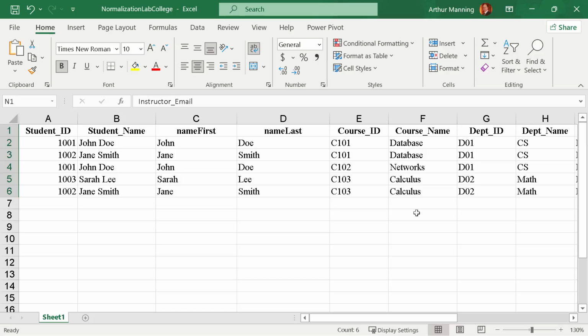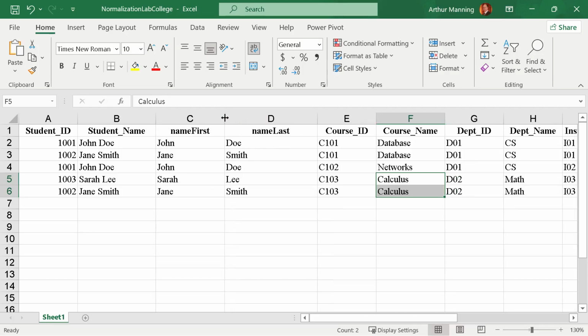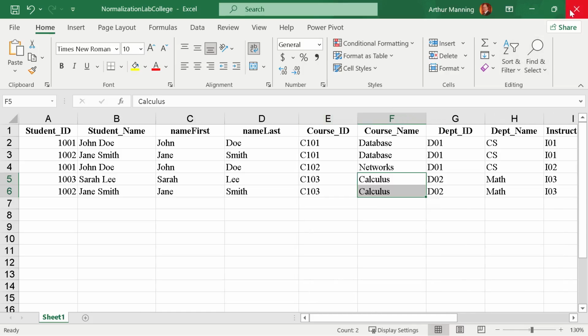Course name is listed multiple times. Redundancy is what? Bad. There's redundancy all over the place. So let's import it and redesign this table from a first normal form to a lovely third normal form. So saving the Excel,